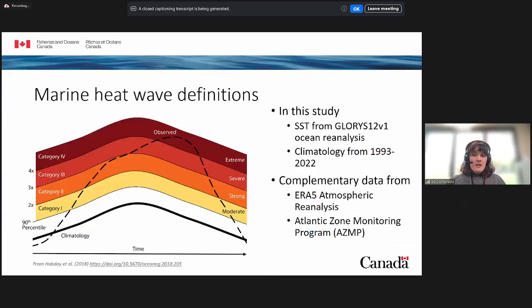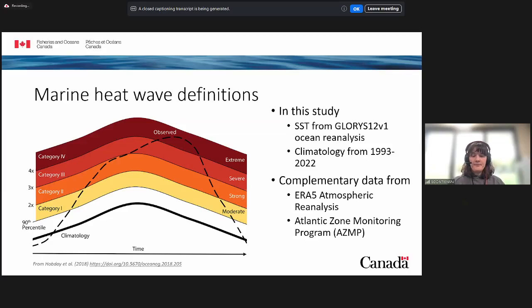So now I'll review how marine heat waves are defined. In this study, we're using the Hobday et al. 2018 definitions, where the temperature at a given time of year is compared to its climatological value. If the temperature exceeds the 90th percentile for at least 5 days, then a marine heat wave is detected. And the severity of the marine heat wave is characterized by the degree to which the temperature deviates from that